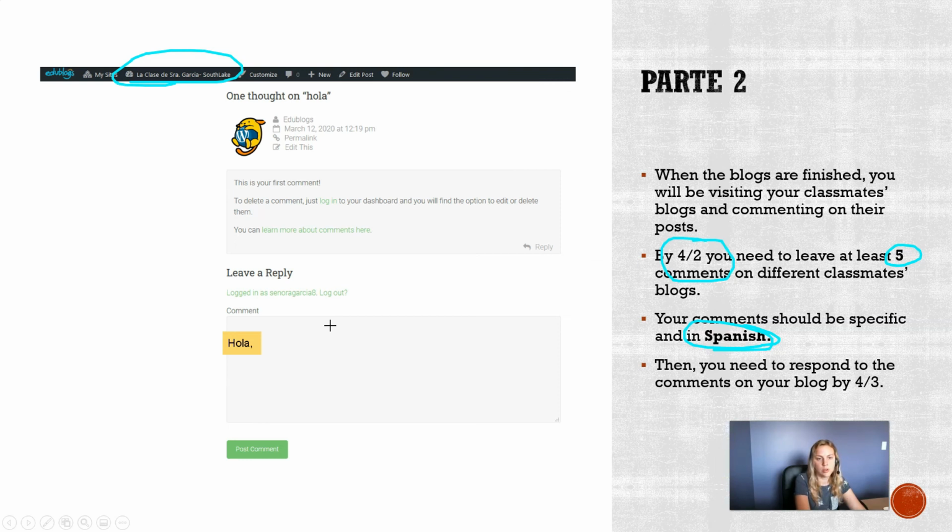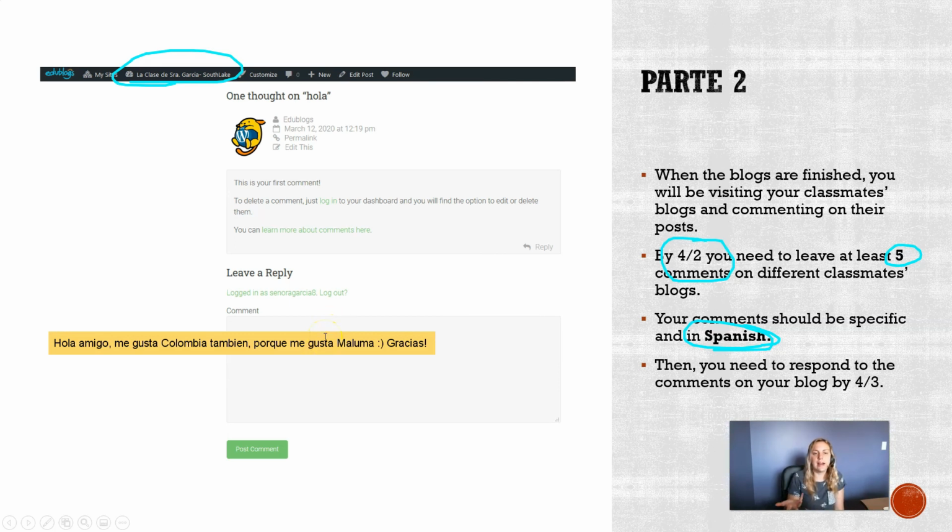Hola, amigo, me gusta Colombia también porque me gusta Maluma. Gracias.